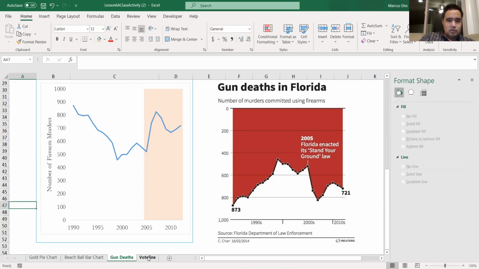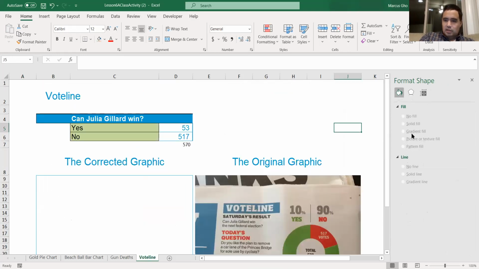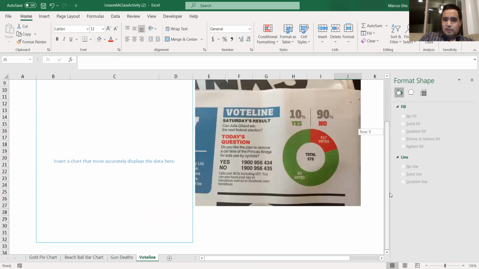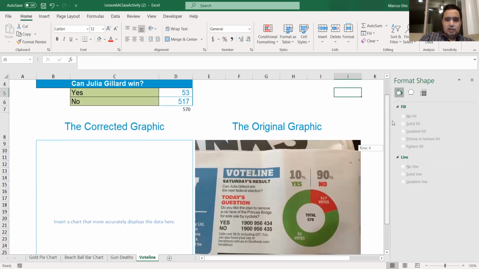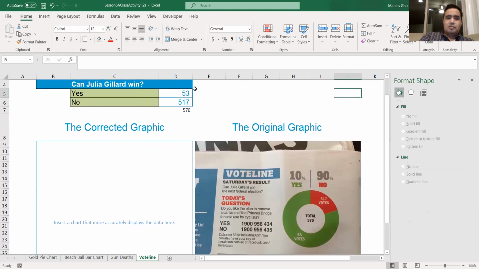Okay, let's go to the vote line. And this is the last graph we're doing. So 53 votes and 517 votes. That looks like they may not have represented those numbers correctly. But let's give it a bar